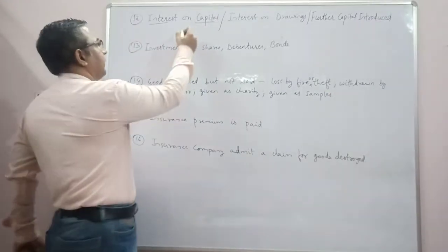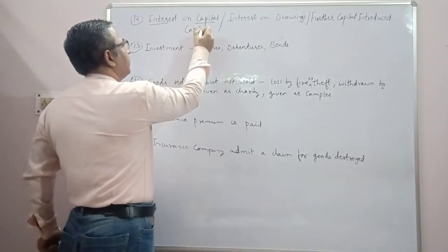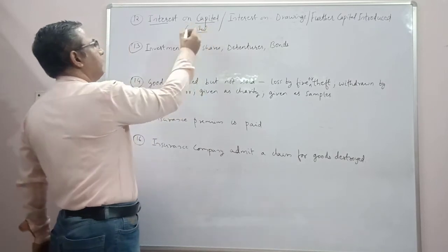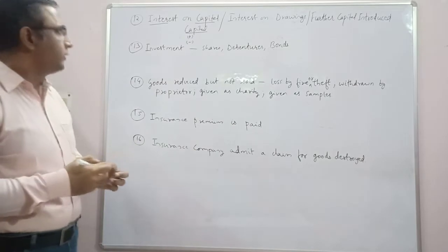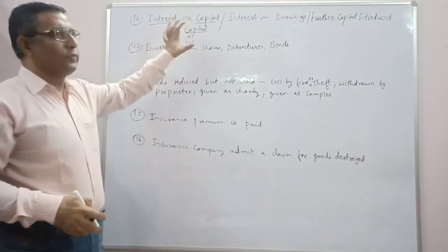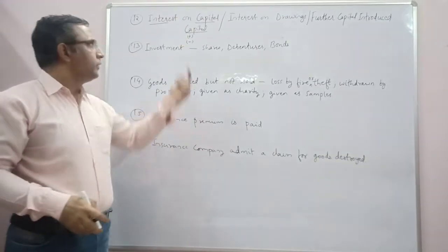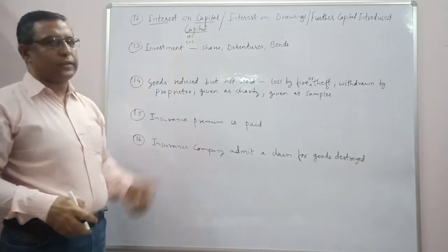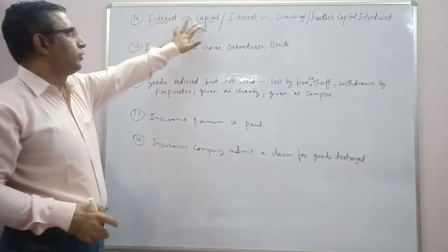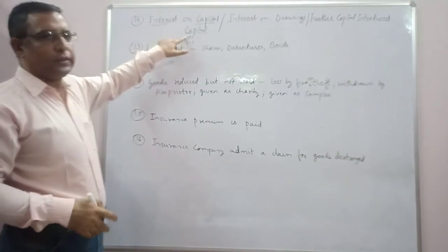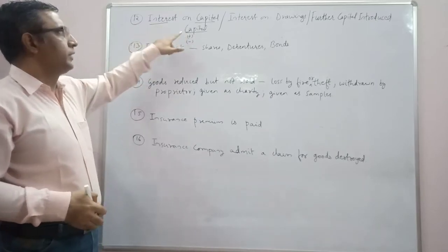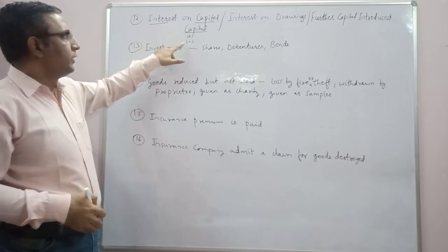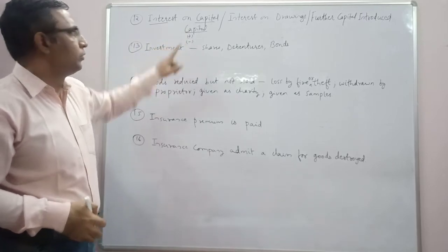So it is going to affect the capital. When we talk about interest on capital, capital is going to increase and capital is going to decrease. This transaction affects the capital side only. From the point of view of the owner, he has received the interest, so his capital will increase. And from the point of view of the business, it is a loss, it is an expense, therefore capital will also be reduced.